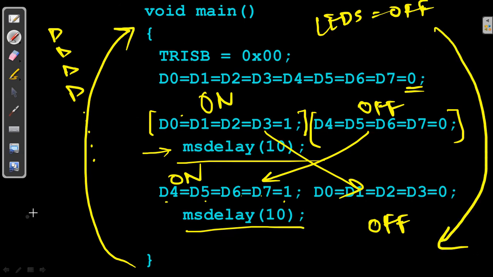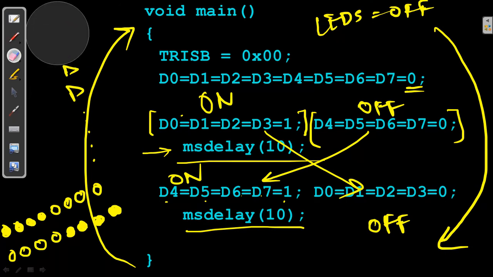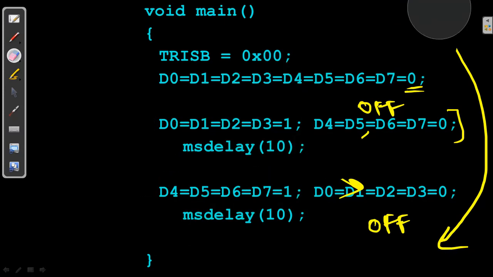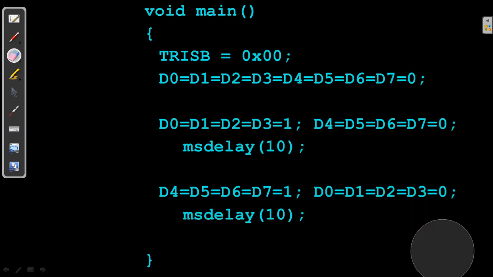So the LEDs will blink like this: first 4 on and last 4 off, and then first 4 off and last 4 on. Understood? Okay. So this is how we can interface LEDs with the PIC18F4520 microcontroller.